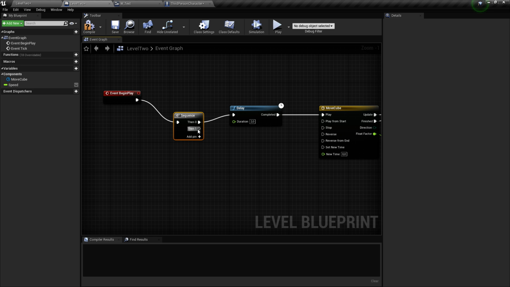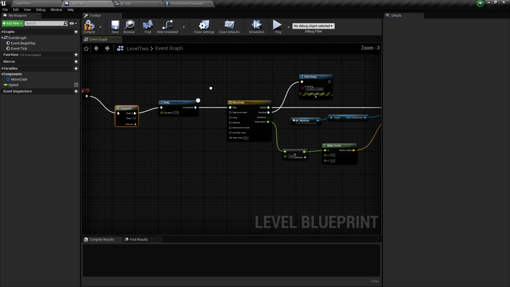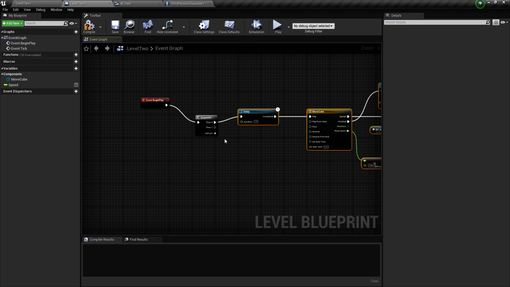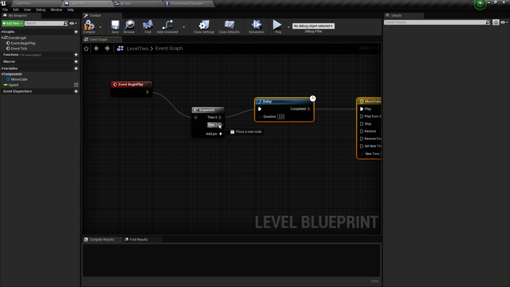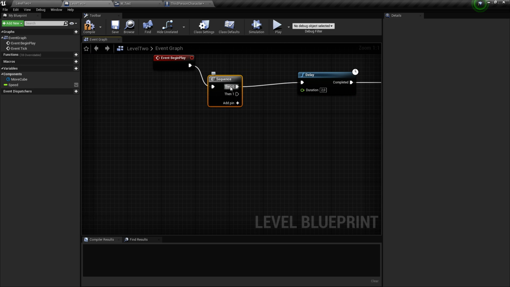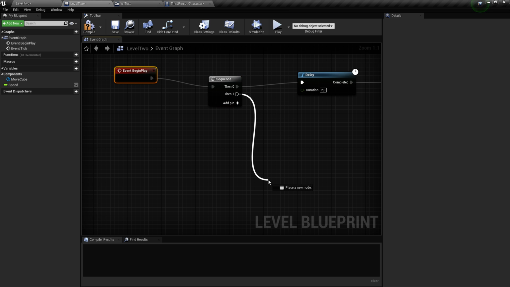First it's going to start with then 0, which makes my cube move, and then 1 is going to be fired at the same time as then 0. Not afterward, just at the same time. Everything is fired at the same time. So I just drag another wire here.